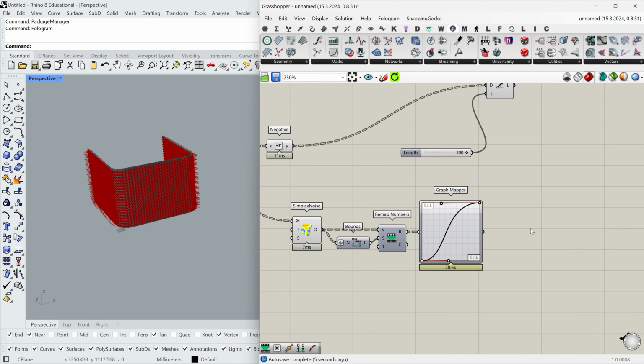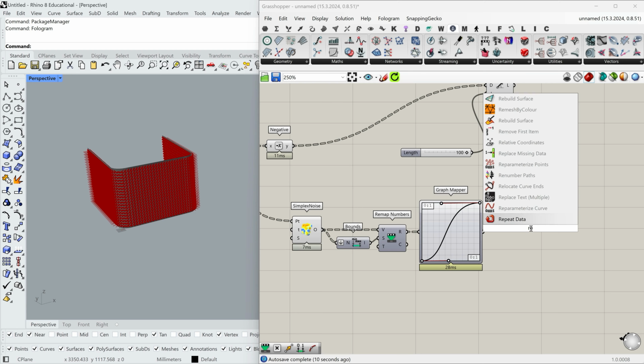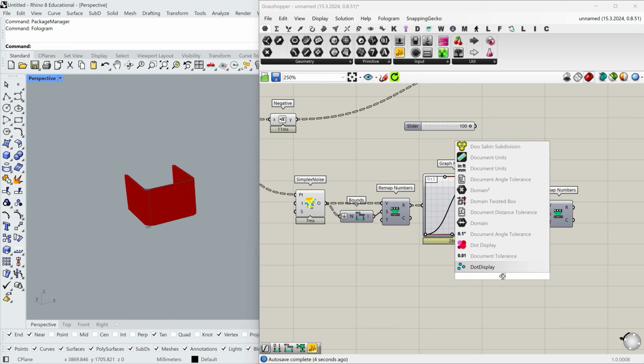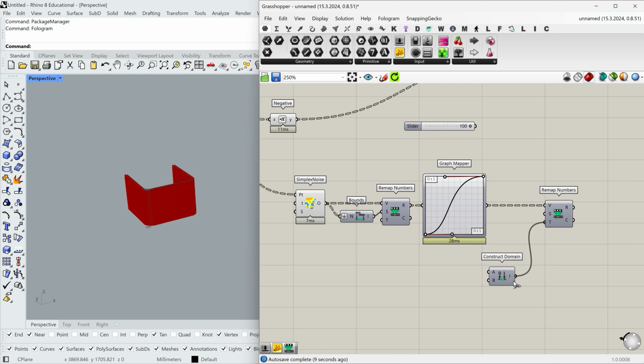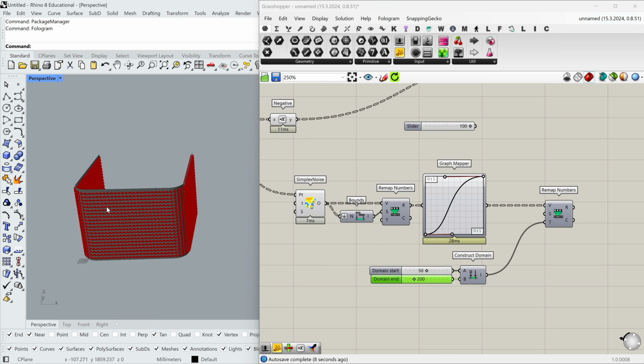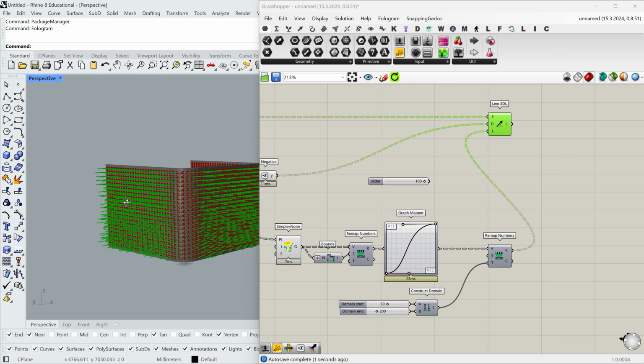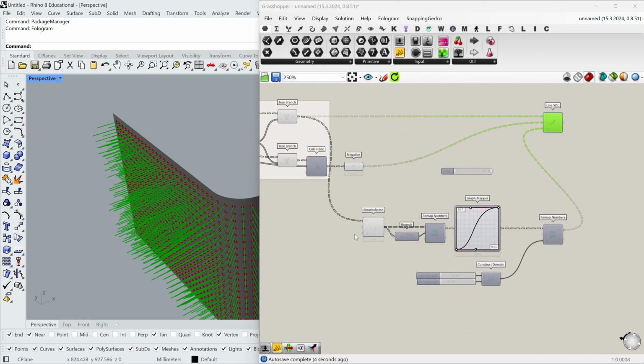And after the Graph Mapper, again, the remap into the real lengths. I'm going to use the domain between 50 and 200 millimeters. 50 is for shortest rod and 200 for the longest one. Okay, and right now we can connect it right to the Line SDL. I can already see the difference.